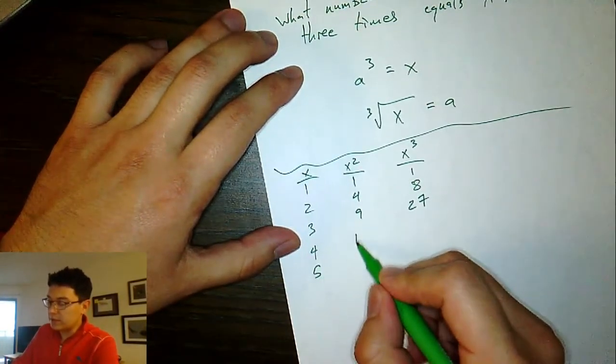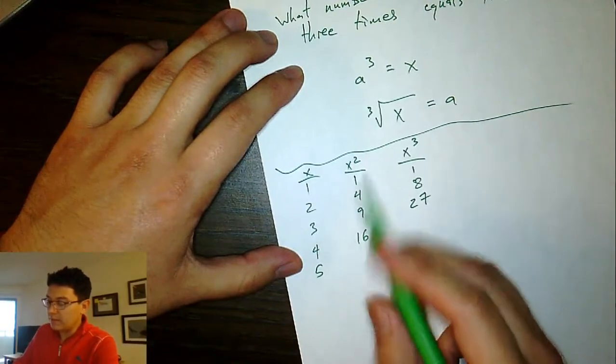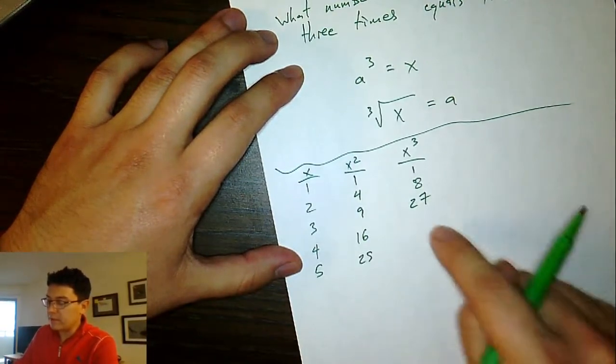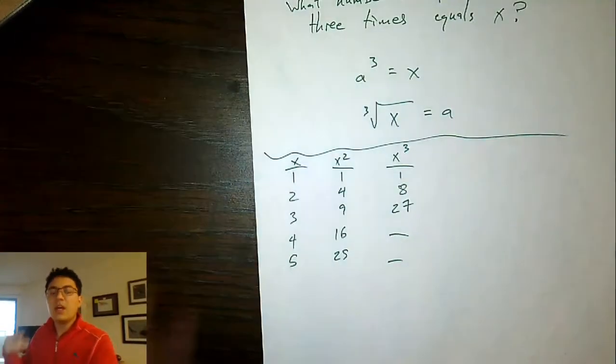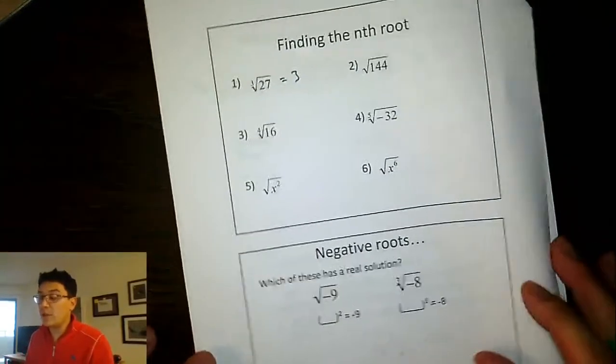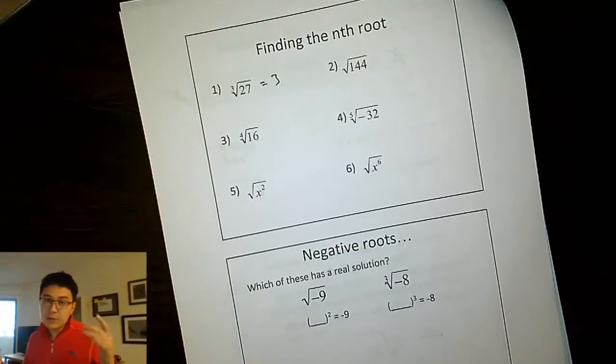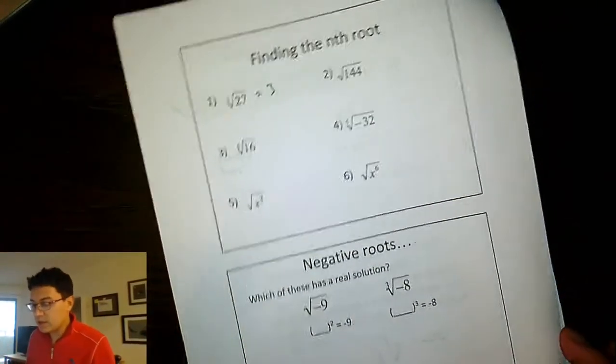So 4 squared will be 16. And then 5 squared will be equal to 25. And I'll let you guys figure out the last two values that go here. Okay, knowing some of your basic cubes and squares is going to help you accelerate this. If you don't know how to do that, there is a way for you guys to get around it,